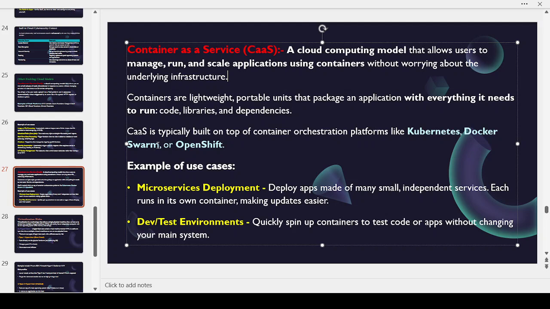the containers are typically built on top of container orchestration platforms like Kubernetes. We also have Docker, the Docker Home, sorry, and also maybe OpenShift. That's where they're building. From there, you don't need to be picking, selecting options. You just go and pick. This is what I'm going to use, and you put the other ones aside, and then it becomes the container